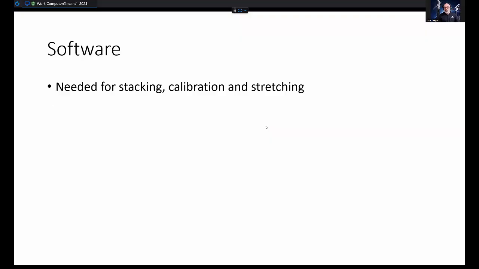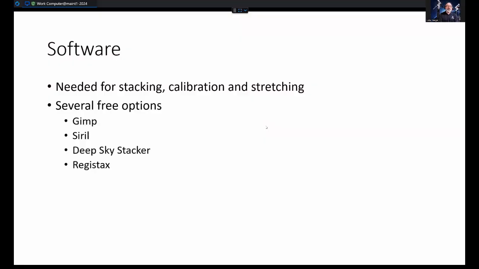Software. Now, this is where it gets into, what level do you really want to get into? If you're just taking pretty pictures and posting them on Facebook, you probably can get away with free software. There's a lot of free options out there. GIMP, which is basically a knockoff of Photoshop. Siril is a PixInsight type software, a little more features. You can stack and